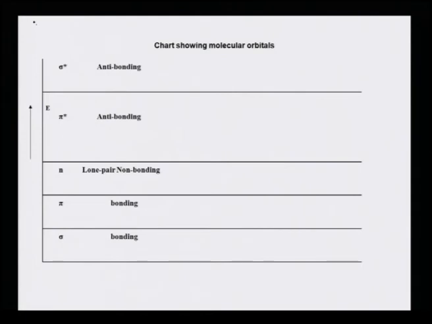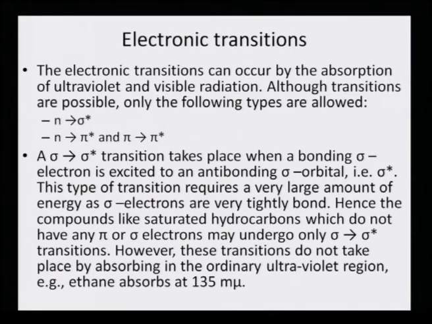So, these are the kind of energy requirements, and when the energy requirements match the wavelength incident on the compound, the movement of the electron can be facilitated. It is not that any electron can move to any situation. So, the electronic transition can occur by the absorption of either UV light or visible radiation, because that is what matches the range. Although transitions are possible, only the following types are allowed. Although it is possible to promote a sigma to sigma star or a pi to sigma star, you will see that only n to sigma star, n to pi star and pi to pi star are the allowed